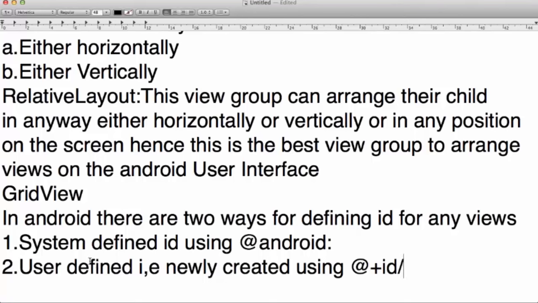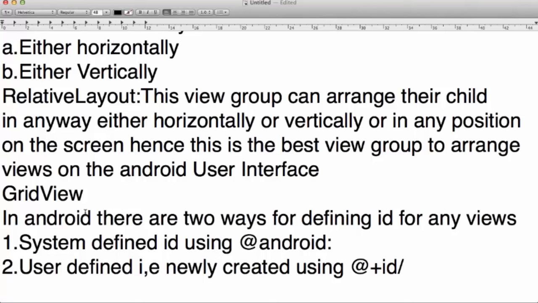There are other ways of writing IDs also. For example, @ plus ID, @Android colon,